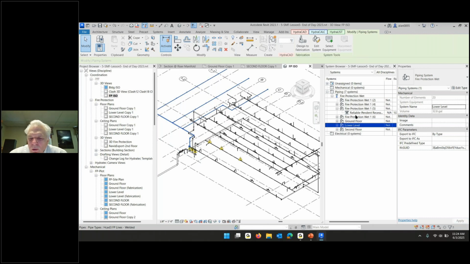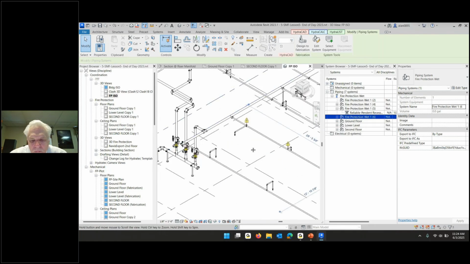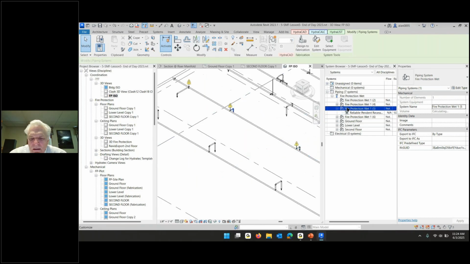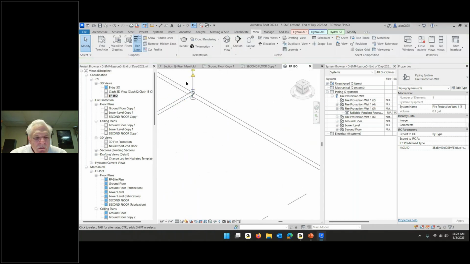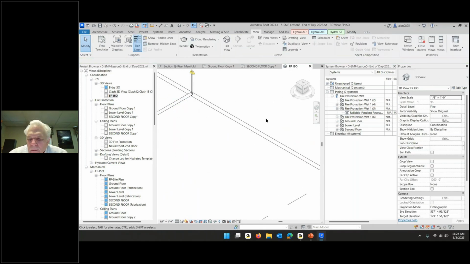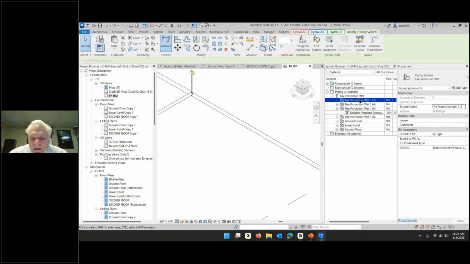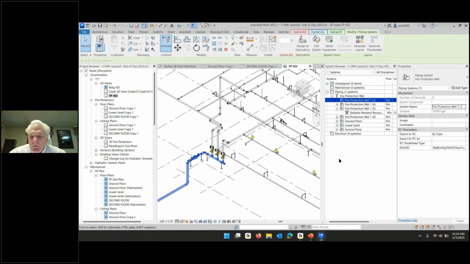Second floor, lower level, ground floor, which is this one. We got that guy. This guy. I want to get rid of those fittings. And then this system is that supply. So I'll rename that supply. Okay, so I've got kind of 4 good systems and 3